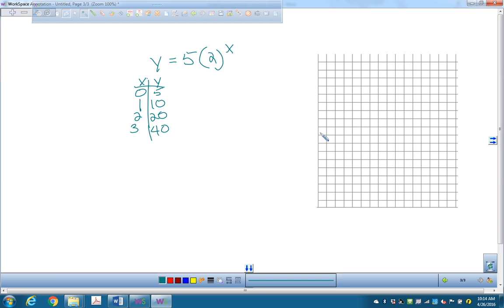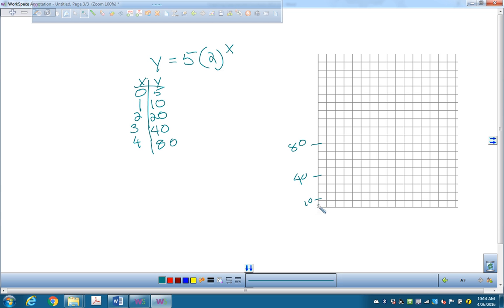Okay, so for this one, you're going to have to scale it kind of bigger. So I might count by tens. So this would be 10, 20, 30, 40, 50, 60, 70, 80, right? So 4, would that be 80? 2 to the 4th power, that'd be even bigger than 80, wouldn't it? 2 to the 4th power is 16, times 5 is 80. Okay? So then you could plot these points,